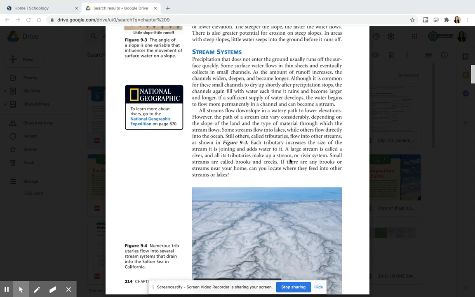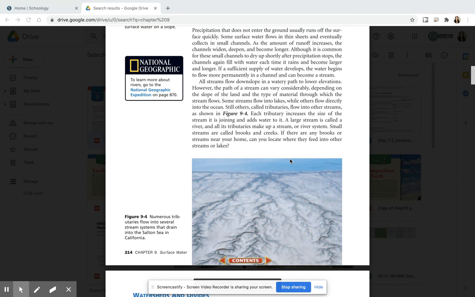Stream systems. Precipitation that does not enter the ground usually runs off the surface quickly. Some surface water flows in thin sheets and eventually collects in small channels. As the amount of runoff increases, the channels widen, deepen, and become longer. Although it is common for these small channels to dry up shortly after precipitation stops, the channels again fill with water each time it rains and become larger and longer. If a sufficient supply of water develops, the water begins to flow more permanently in a channel and can become